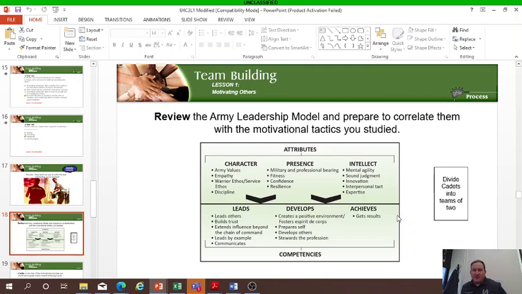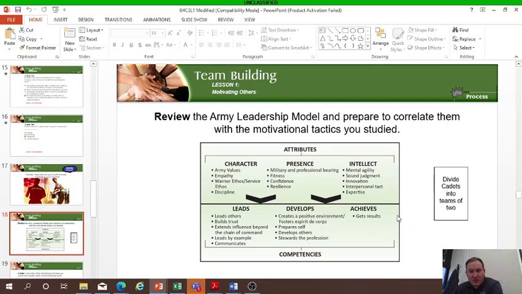Leads, develops, achieves as far as the competencies. You don't get into a position here in JROTC without growth over a period of years, over time. Continuous development, and understand that you're always going to have room to improve. Situations are going to change, organizations are going to change, so always focus on continuous improvement. It develops,